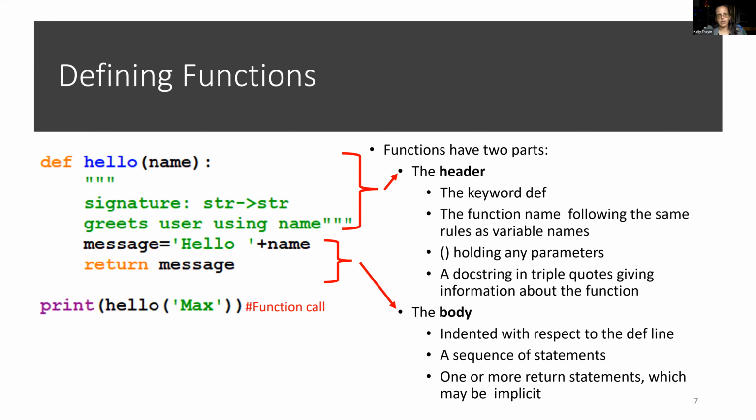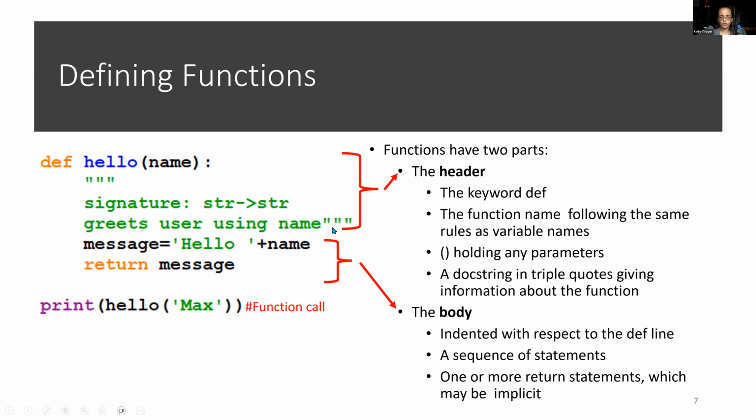For the moment, let us delve into how we can actually define the functions. So let's say you wanted to write a function. This is how you'll do it. It has these major parts. You'll have the definition line, and then you'll give the name to your function, and then you will have any input parameters. So this is in the header. Then the header also has